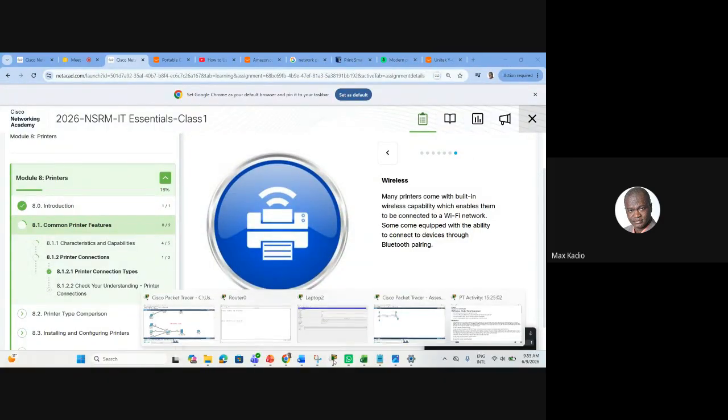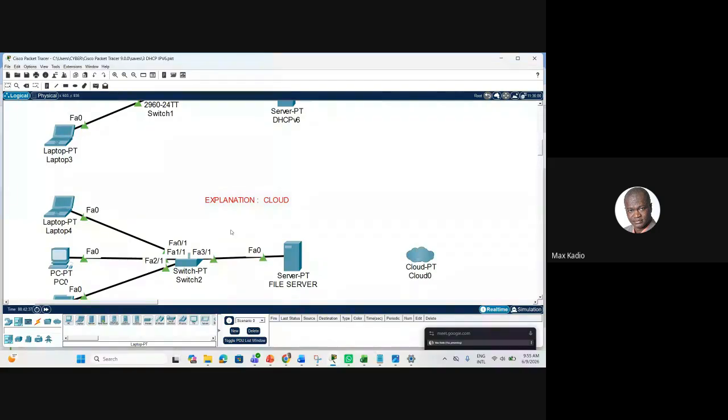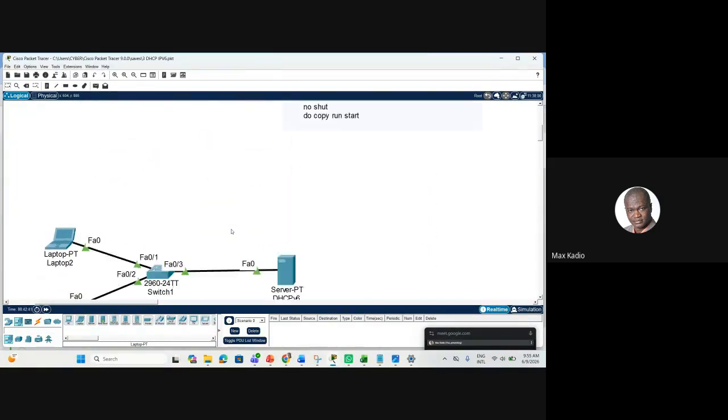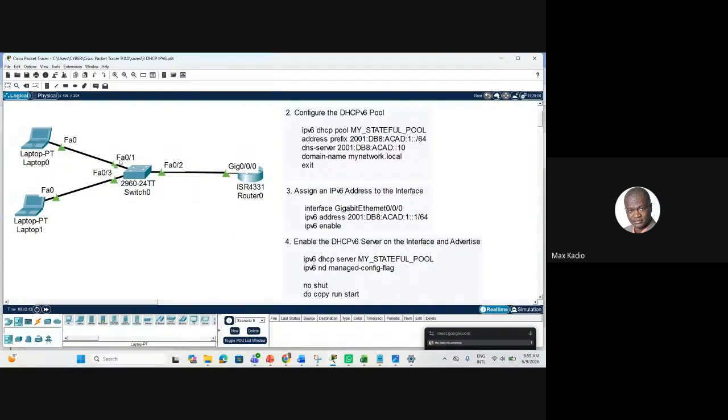Like here, for example. So let's say you have such a network. You have PCs. All the PCs are connected to a switch. The switch is connected to a router. Now the router will allow you to go to the internet. So where are you going to put your printer? You go down here.